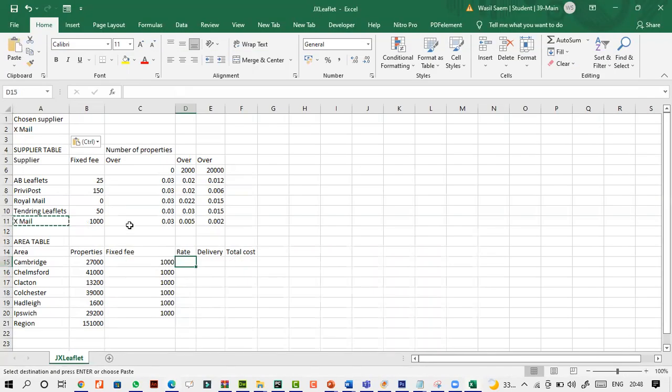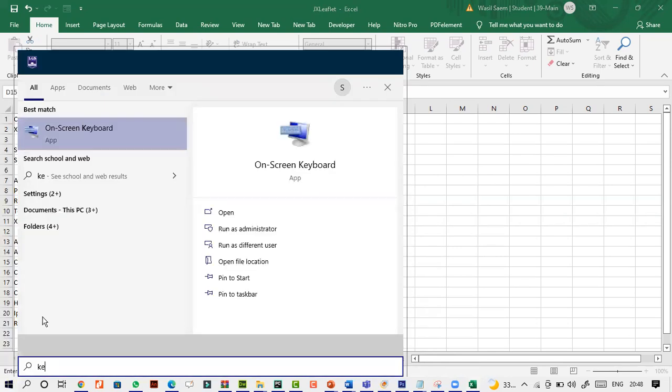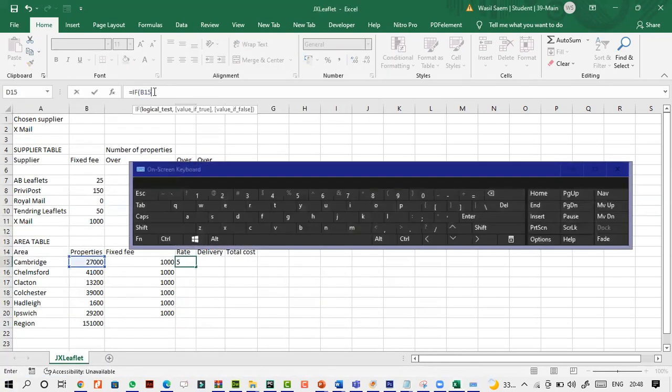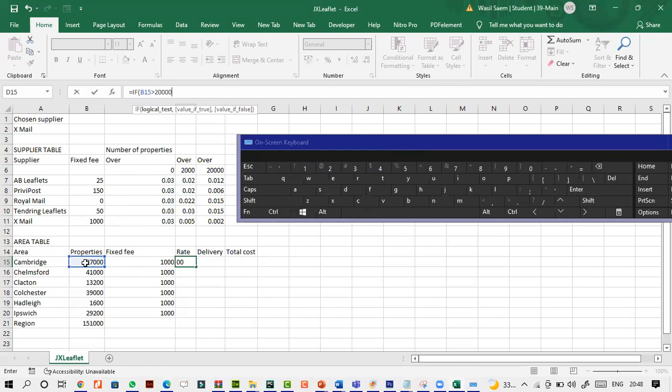So that's what I explained to you, that there are two things we have to see. So let's see how this can be done. It is equals to IF, obviously. And what we'll do is, I will say if this value is greater than, oh my God, again this key is still not working, okay, no problem. We can use the keyboard. It will just take a second. In fact, that way I'll do it slowly as well. If this value is greater than 20,000,